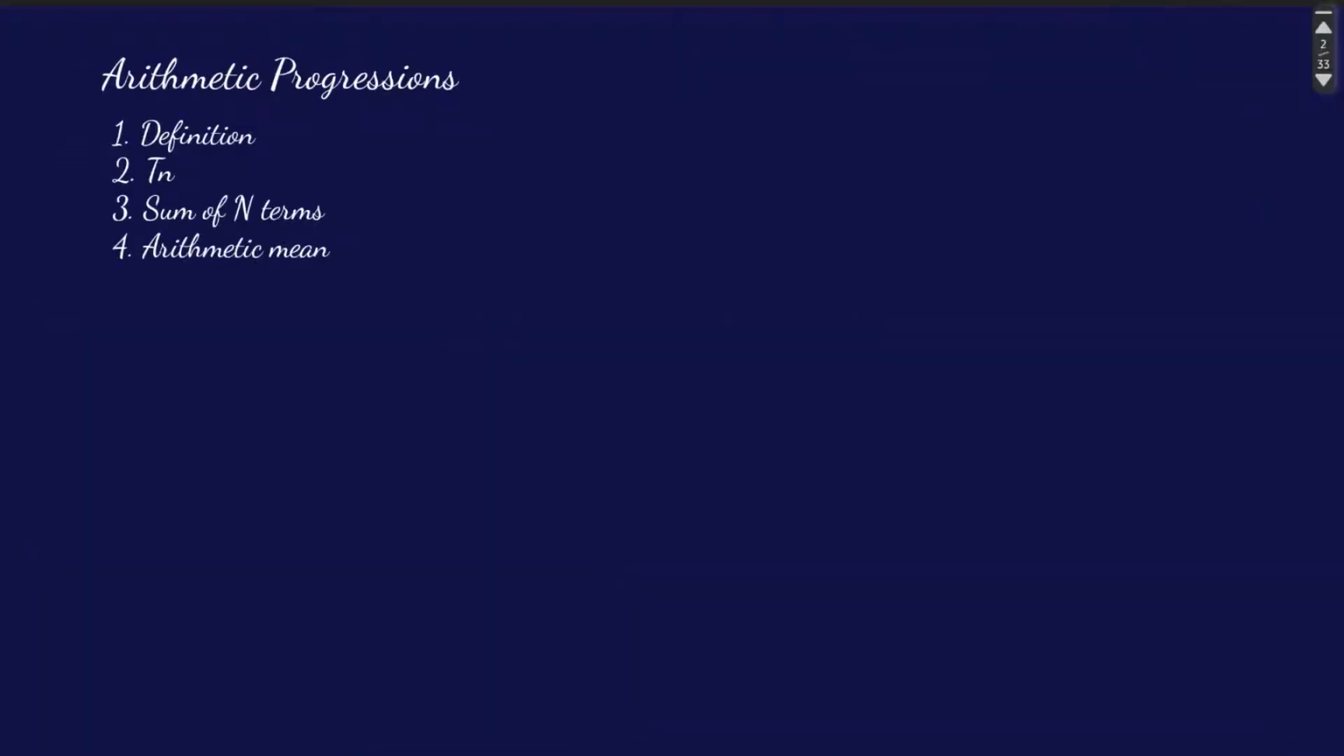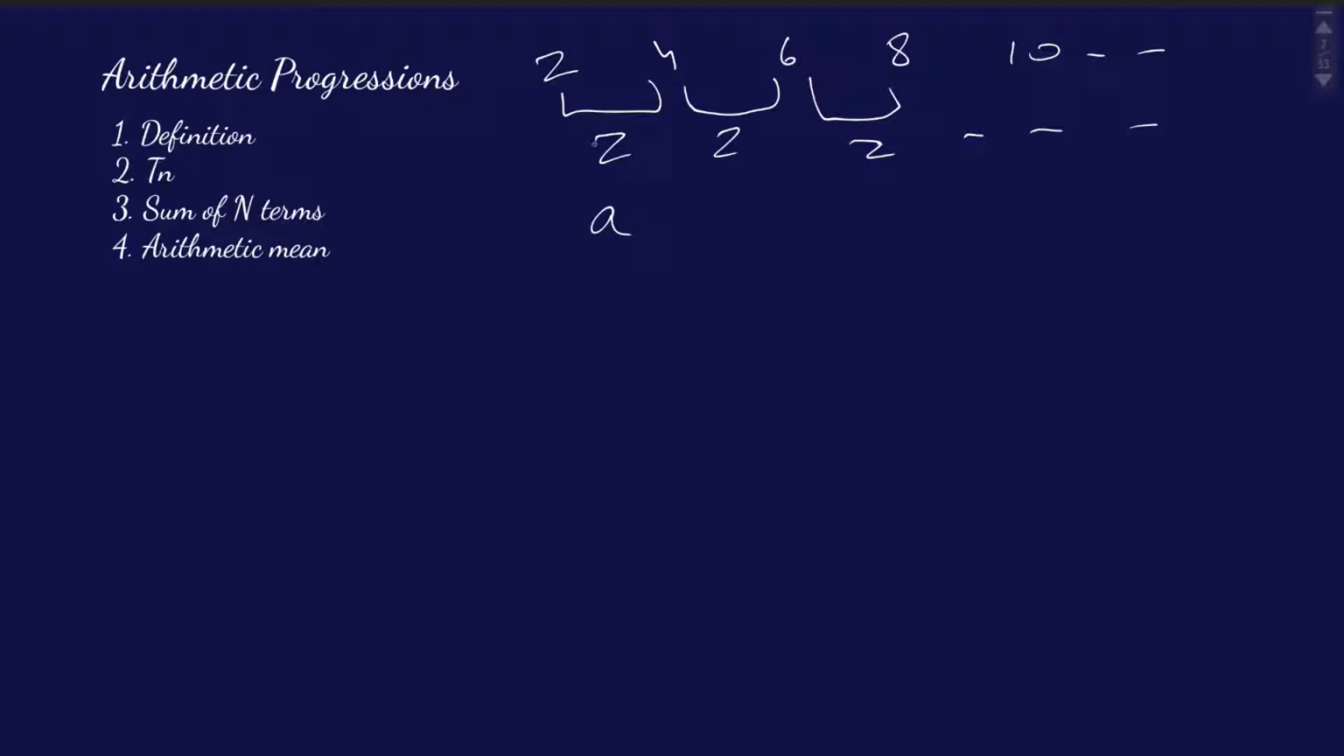So what exactly is an AP? Let me take a very basic series that we all know: 2, 4, 6, 8, 10, etc. In an AP the difference between any two consecutive terms remains the same. 4 minus 2, the difference is 2. 6 minus 4, the difference is 2. 8 minus 6, again the difference is 2. And it goes on. So we can generalize this by saying let the first term be A and the common